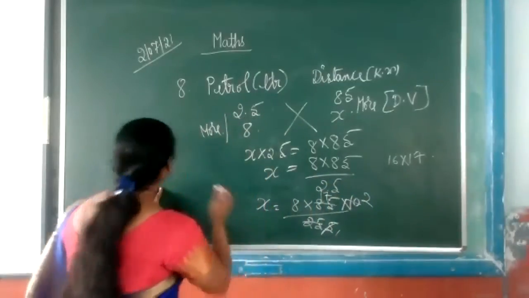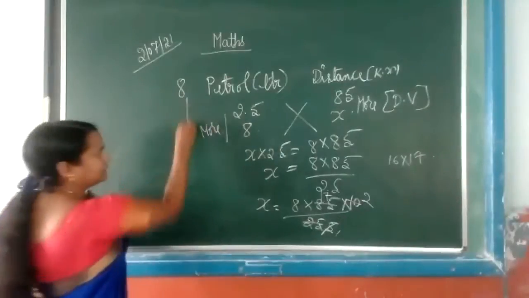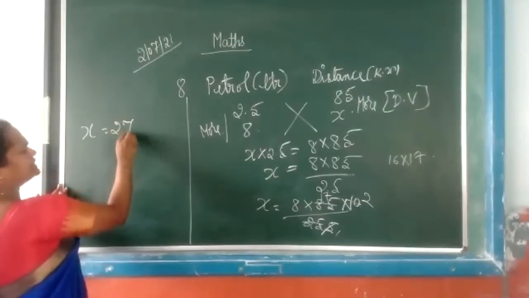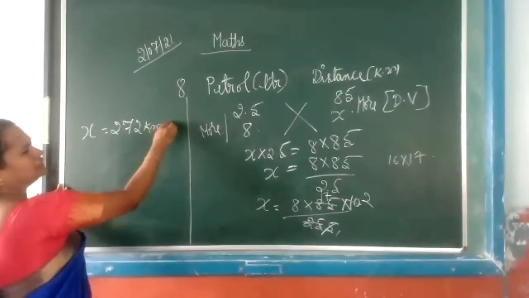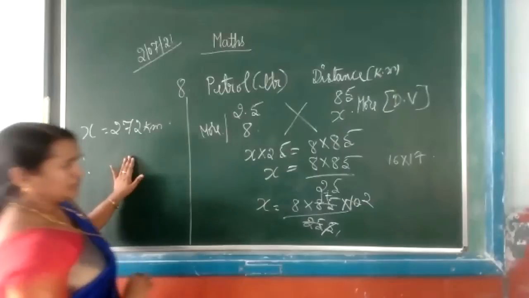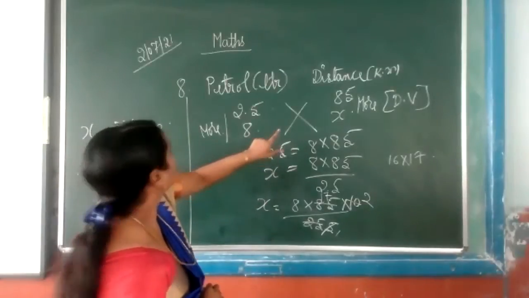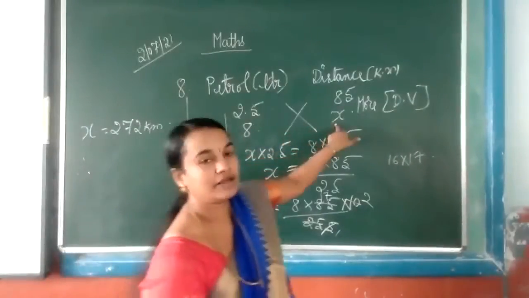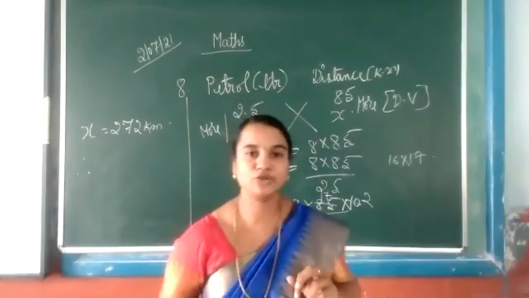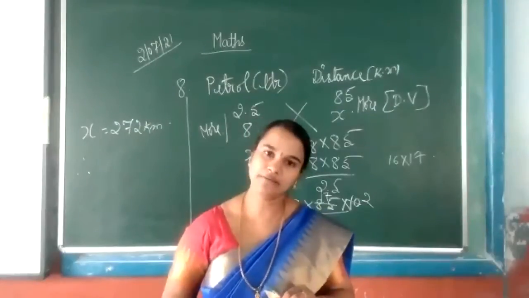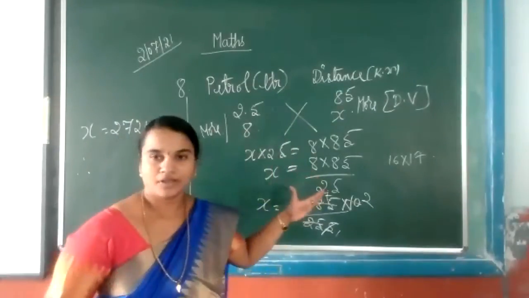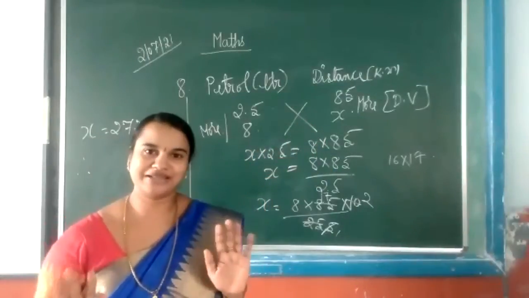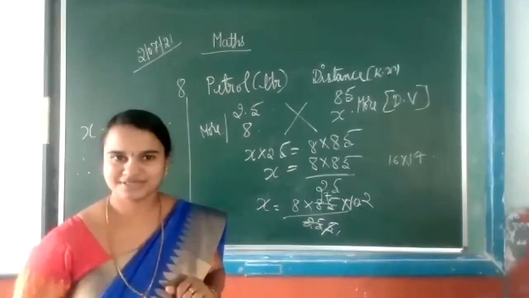Yes. So the remaining part I am writing here. You have to write it down, children. So x is equal to 272 kilometers. Therefore, in 8 liters of petrol, the scooter can cover 272 kilometers. Clear? That you have to write. Children who are in D, E, F, write down. Others, keep it like that. Already you are done. Isn't it?